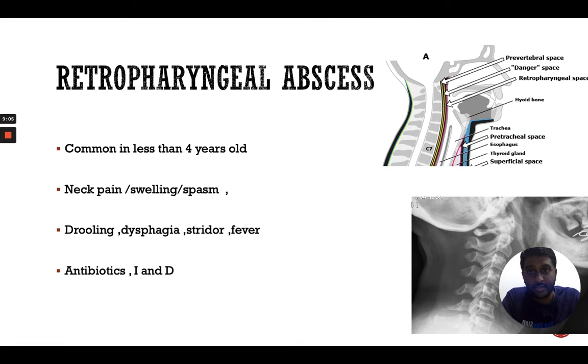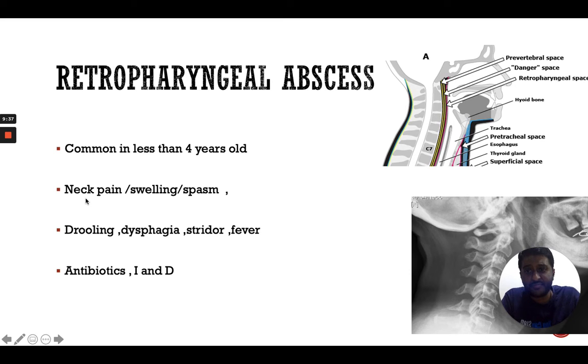Next is a retropharyngeal abscess. Again, it is a very uncommon condition, because patients present early in the illness. This is usually a complication of untreated pharyngitis or any oral or pharyngeal infection. If it's untreated, it can develop into retropharyngeal abscess. Again, it's very uncommon because patients tend to present early to us. Okay,